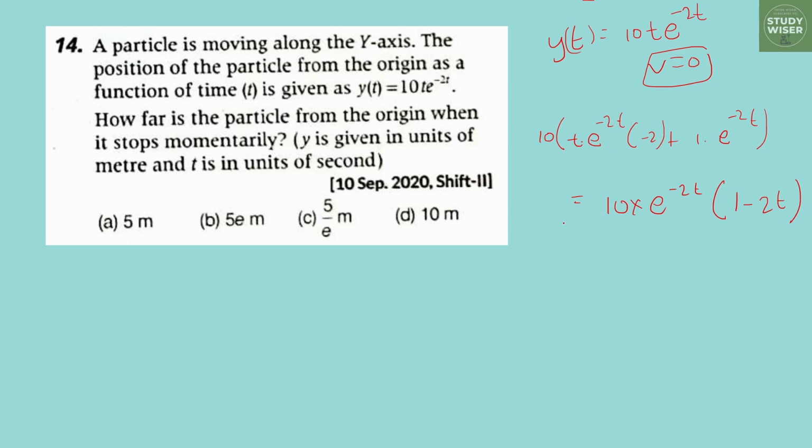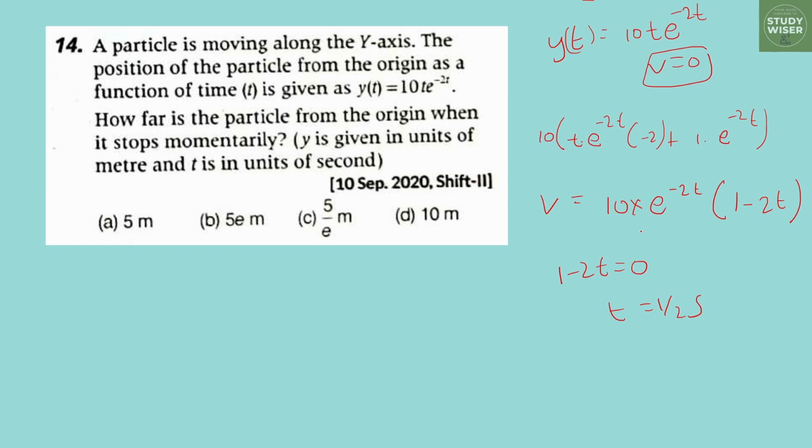Yes. This is v, మనకు v is equal to 0 దగ్గర టైం కావాలి, సారీ v is equal to 0 దగ్గర కండిషన్ కావాలి. అంటే దీన్ని ఈక్వల్ టు 0 చేయండి, దీన్ని ఈక్వల్ టు 0 చేస్తే 1 minus 2t is equal to 0, t is equals to half second వచ్చింది. t is equal to half second. సో ఈ ఈక్వేషన్ 1 ఇక్కడ